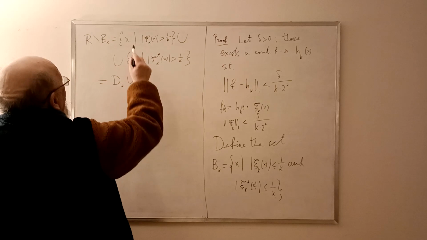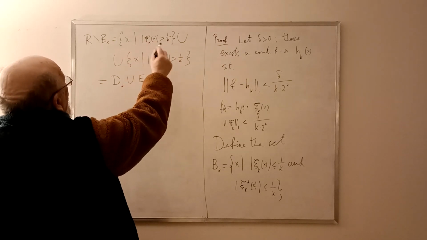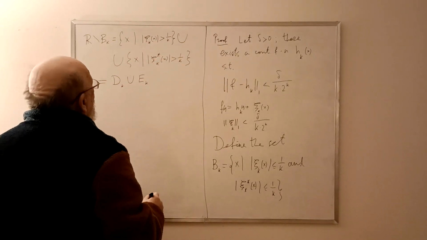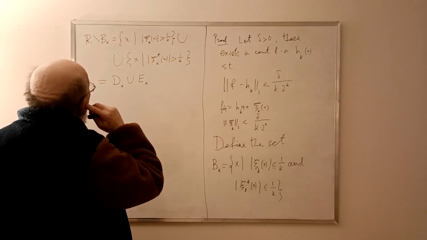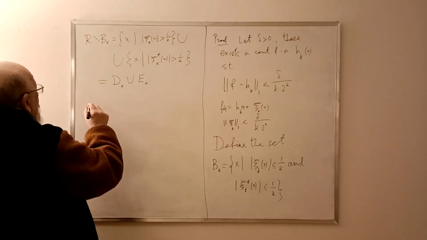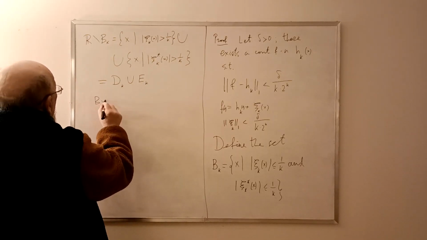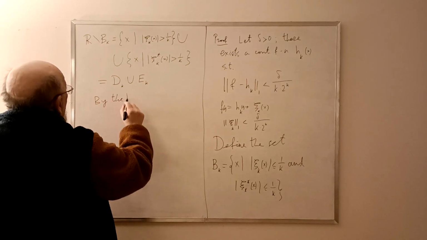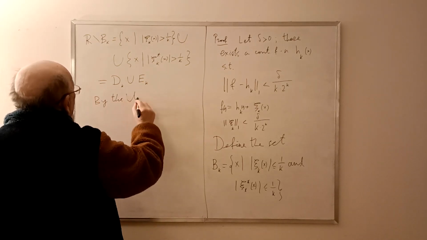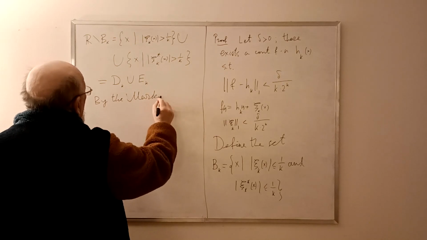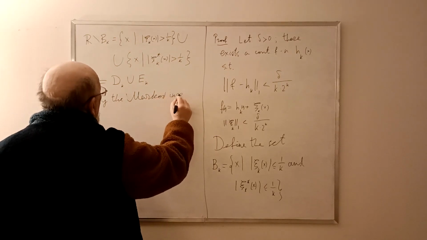So Dk is the set where this function psi is more than 1 over k. So by the Markov inequality,